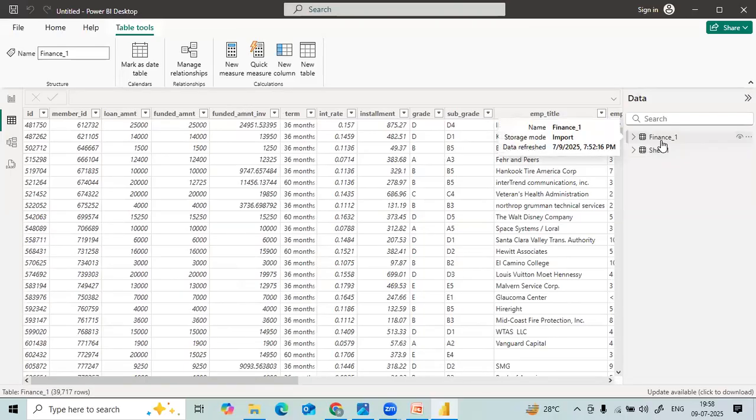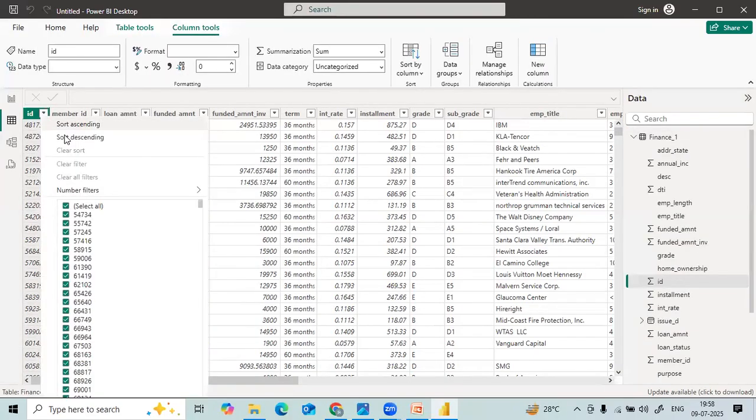If you want to connect the tables, on what basis are you going to connect? What is the common column between both the tables? ID. The common column, explain how you're going to understand. Simple. In this ID column,